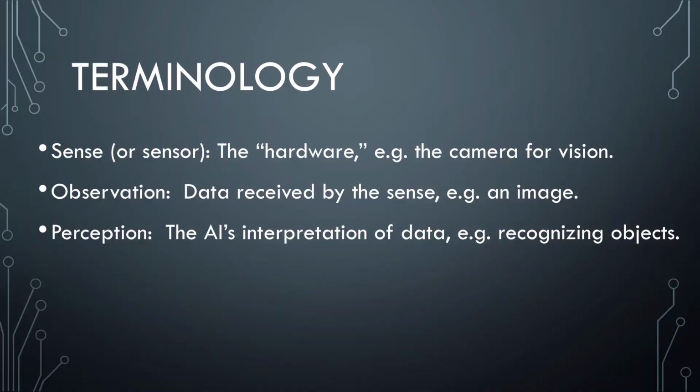Let's talk about what senses the humanoid AI should have, but keep in mind that any of these senses produce observations or data and then perceptions that are used in the learning process. So where do we start? When we were kids, we learned that humans have 5 senses: vision, hearing, smelling, taste, and touch. Are those the senses that an AI should have? And are those the only senses that an AI should have?